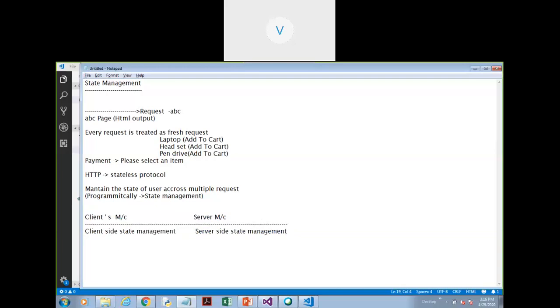So how will you understand this? Let's assume I am the server and you all, whoever is the participant here, you all are the client. So when you send a request to me, if I am storing your information, it is termed as server-side state management. That means the server is responsible for storing all the information of so many clients. The other way around, if you store your information, I will say, okay, you maintain your information. Then it is termed as client-side state management. Am I clear? These are two techniques we have, client side and the server side, depending on where the information will be stored.